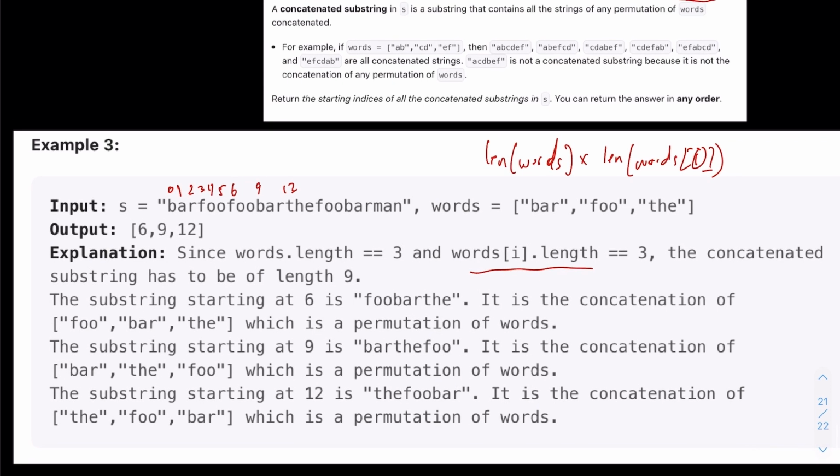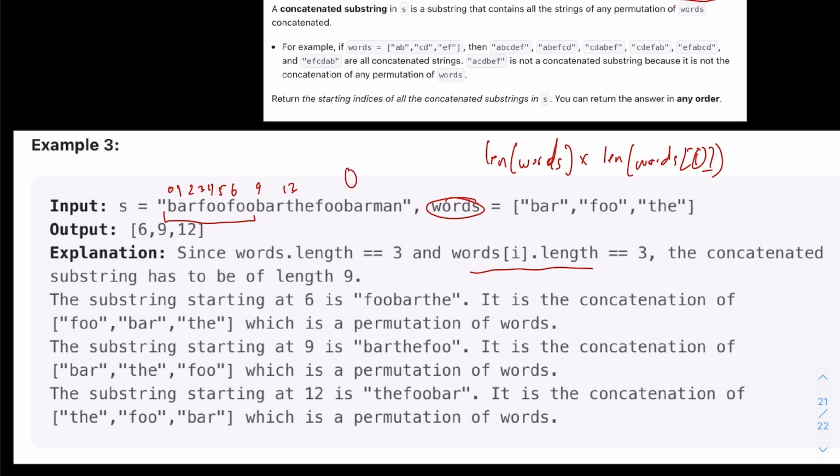So if we take a look at what that implies for us, we can first start with an approach where we just always look at 9 characters at once. So first we look at the first 9 characters, bar, foo, foo. How might we be able to figure out if this bar, foo, foo sequence satisfies all of the words inside of words? One way we could do it is we could just iterate through the entire sequence, right? We can iterate through bar, foo, foo and match up the letters with the words. That would take